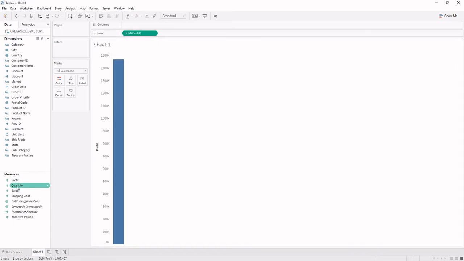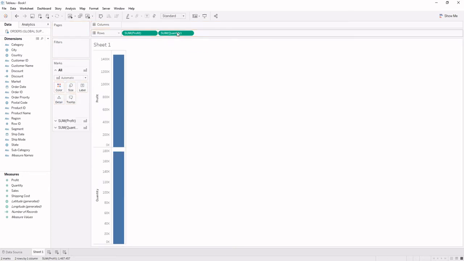And by increasing the measures on the view, it will be creating new marks for it. But the aggregated value will always be a single value. That is, it will be showing us a single value for profit and a single value for quantity. It would not be increasing the details of each of them. So it means measures are working only on aggregations, whereas dimensions were working only for detailing the data.